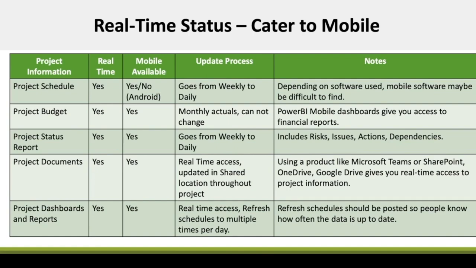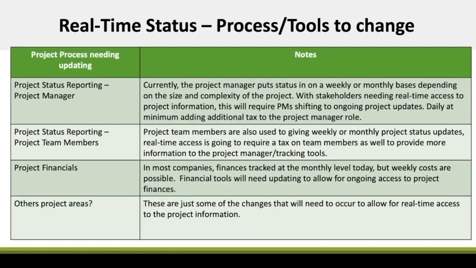That makes sense? So again, you can't change this on a dime, but you got to think about what could be available. Let's look at budget, for example, right? I want an updated status on our budget. Well, budgets across the world change monthly. So we can give you some Power BI financial reports, but you're not going to get that data daily. You're going to get that monthly. That's not going to change. But what we can do is we can serve up some mobile reports to give that information, but understand that will stay monthly. So it's real time, yeah, but it's updated monthly, and financial processes are not going to change. But there's some other changes that could happen.